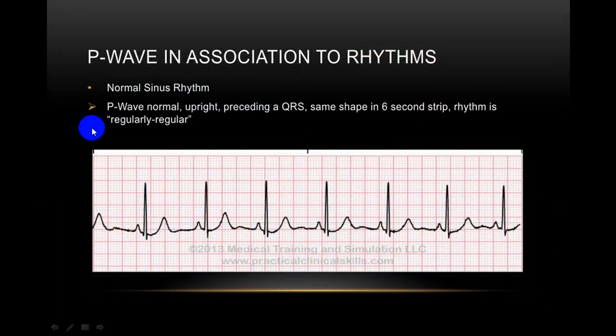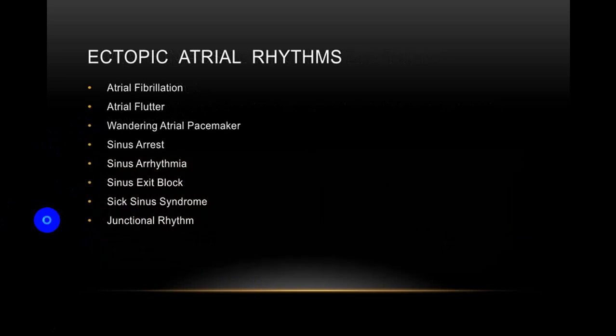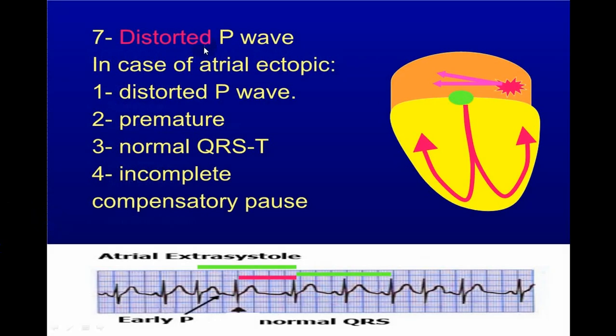Now this will be showing you whether the P wave is regular or irregular. So try to concentrate, and you can make this out if you take a 6-second strip. Here you can see almost all P waves are regular and of the same shape. All P waves are followed by a QRS complex. So this is normal sinus rhythm. And now we'll show you all the different varieties.